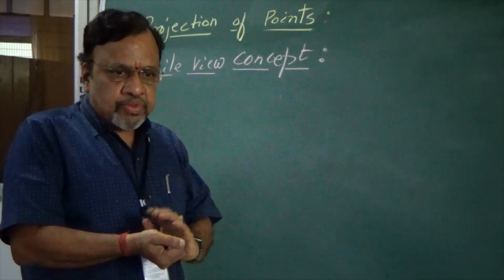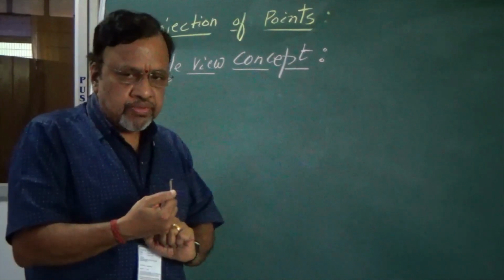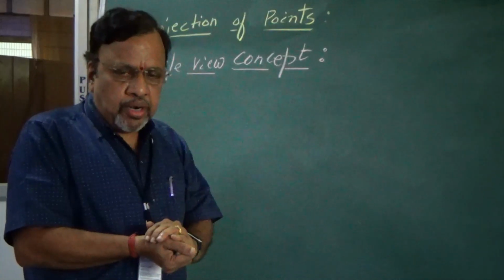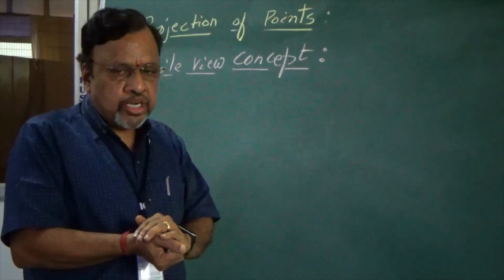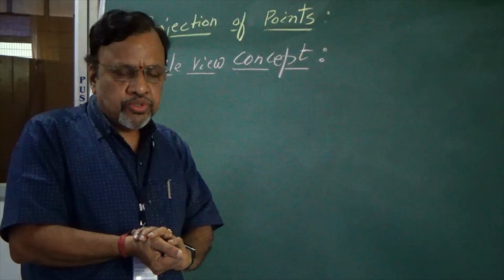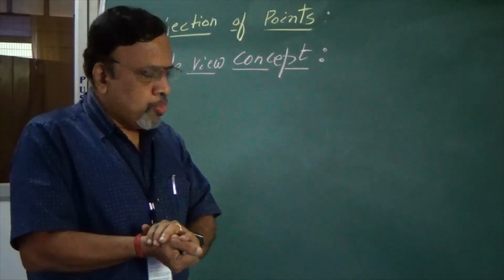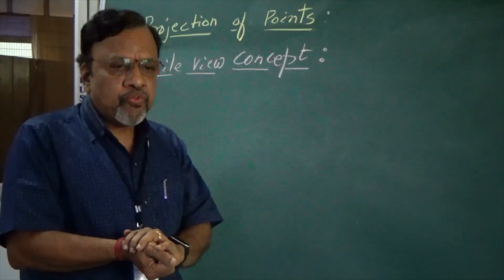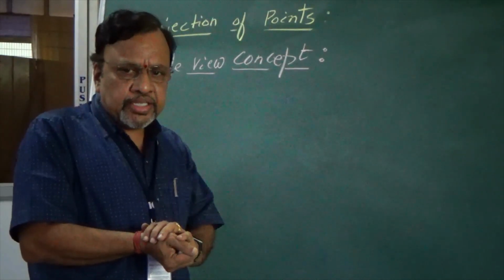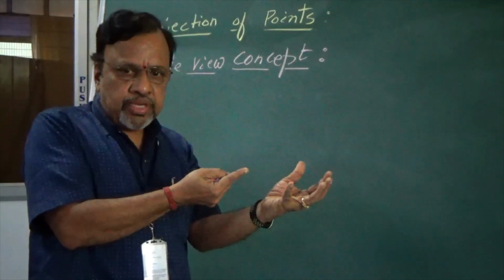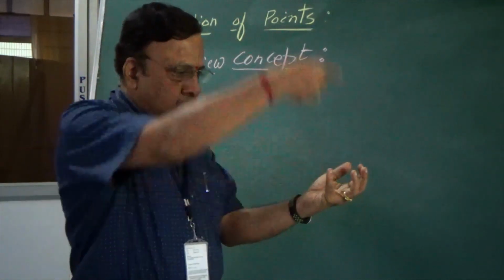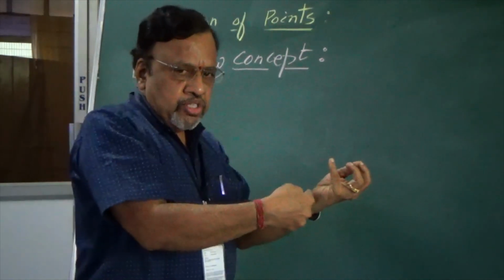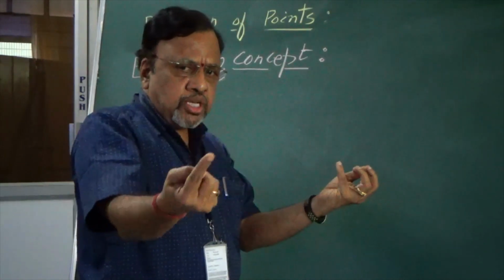That is, we look at the object from the front, which is projected onto the vertical plane, then look from above and project onto the horizontal plane, so that we get the top view and front view. And with that top view and front view, I can visualize the object. But let us say I have an object with some detailing, as given in the side object, because if I look from the front and the top, I can see details only corresponding to the portion which is nearer to the observer.